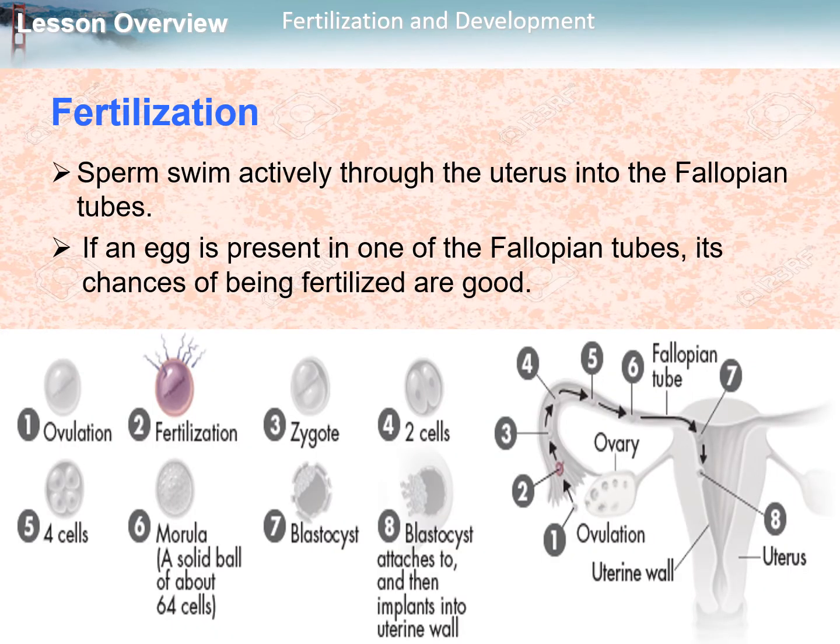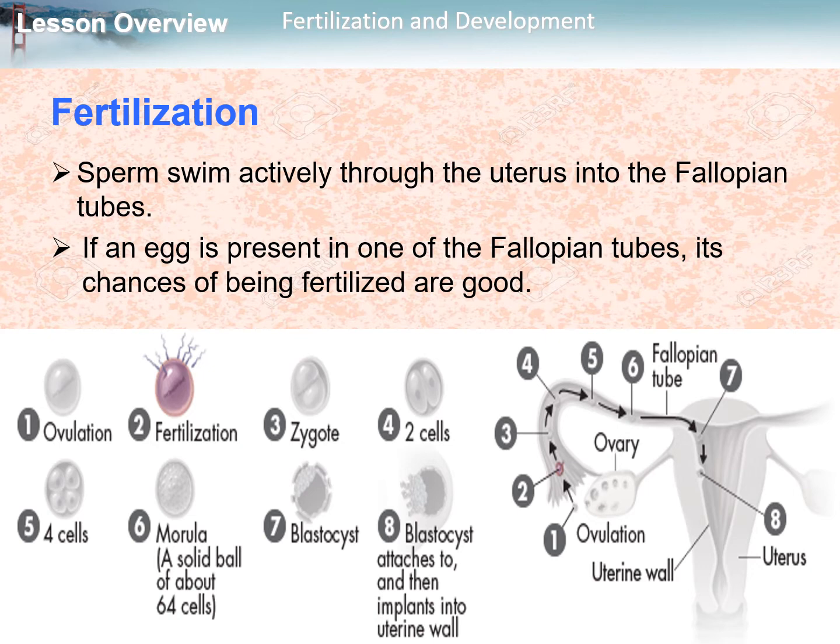So the sperm swim actively through the uterus into the fallopian tubes. If an egg is present in one of the fallopian tubes, its chances of being fertilized are good. If you look at the figure, the first stage, number 1, is the ovulation process, wherein the ovum is released into the fimbriae, moving to the fallopian tube. Then here the fertilization may occur. Here, number 2 part,